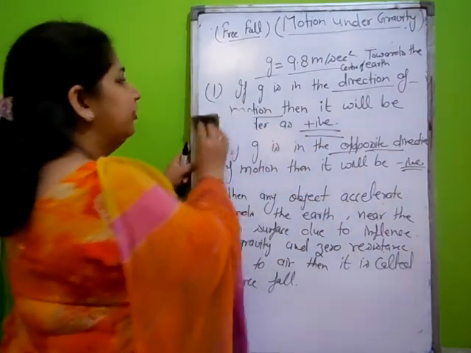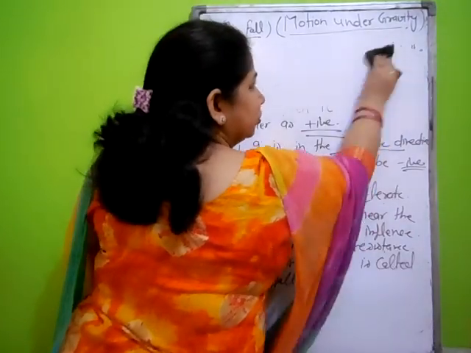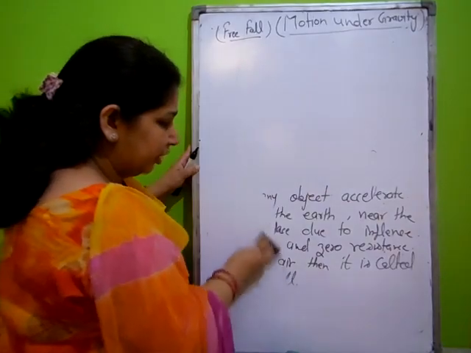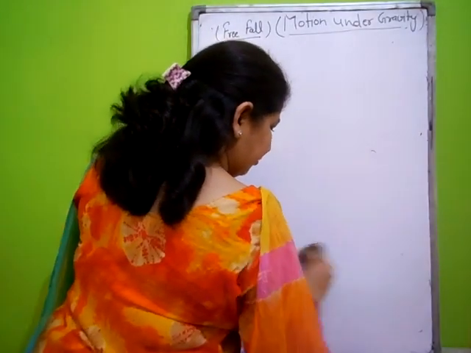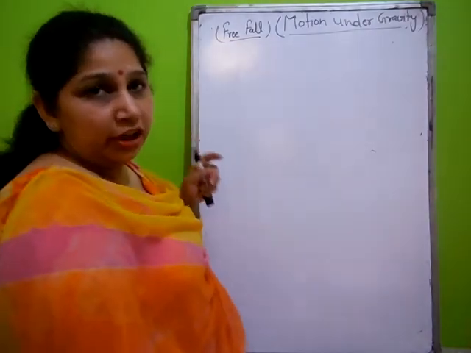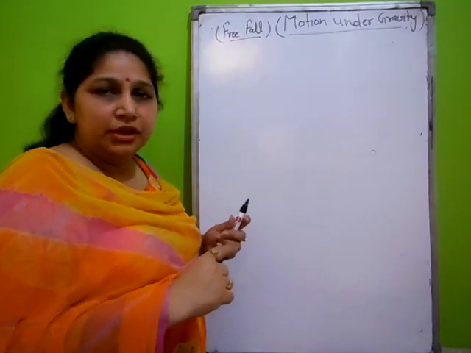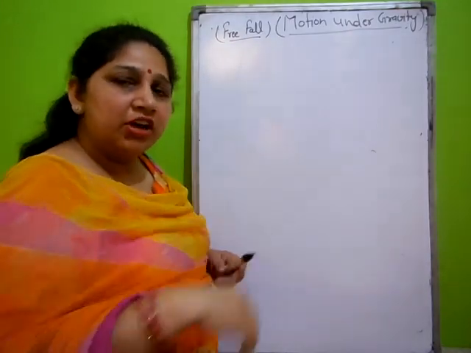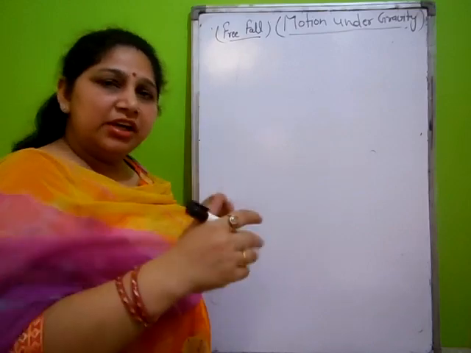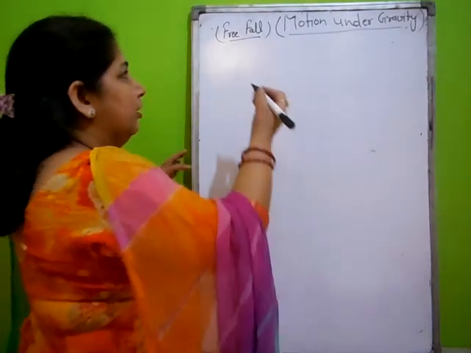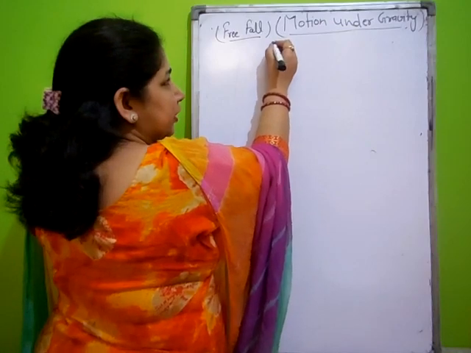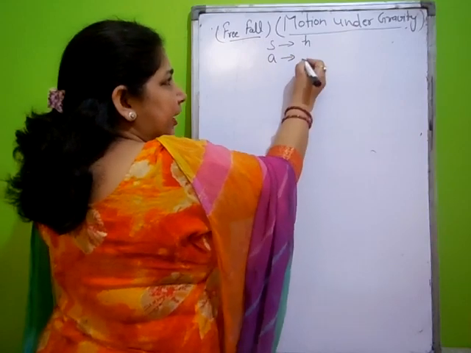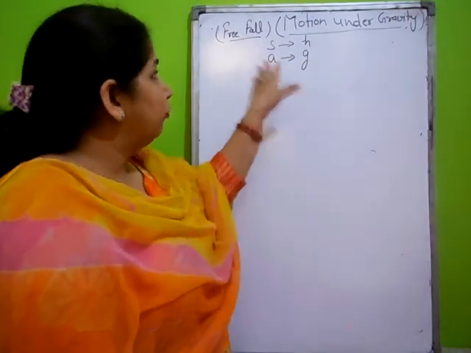And one thing, the direction of gravitational acceleration we will consider according to this concept. This is also linear motion, and we have three equations of motion for linear motion. We have derived them in the horizontal direction, but this is in the vertical direction. What is the difference in the equations of motion when we consider vertical motion? Then S will behave as H and acceleration will behave as G. It is due to free fall.